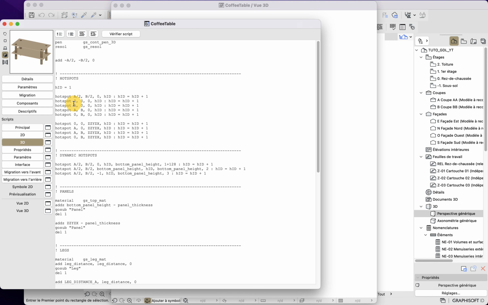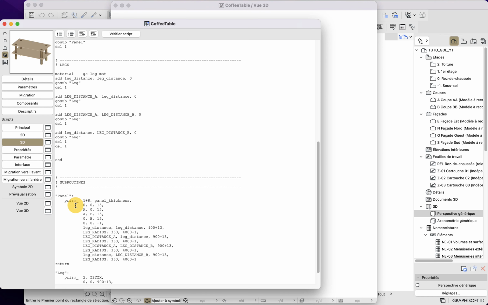Also, we can put some codes that are not necessarily repeated, but can be put into a specific block. So here, for example, for the hotspots, I can choose to put all my hotspots into a subroutine.